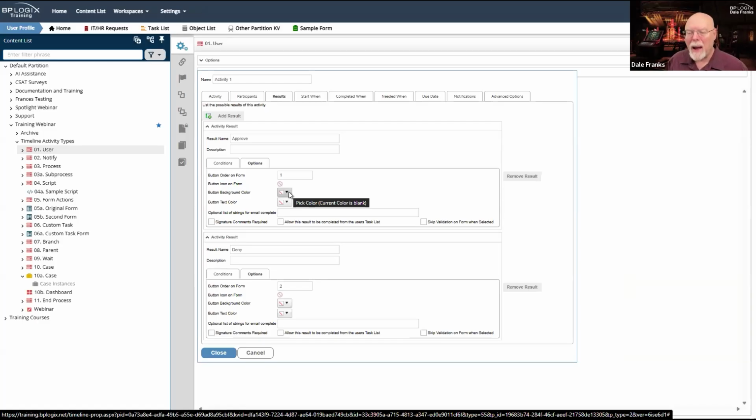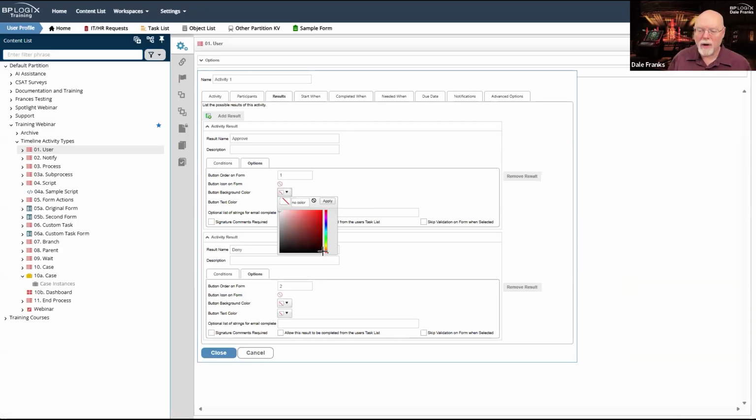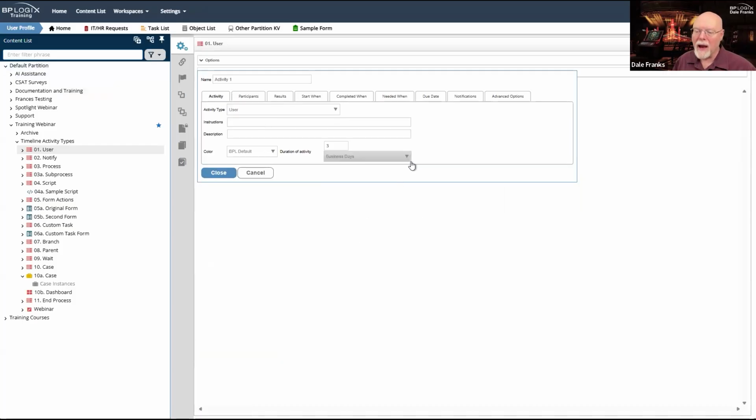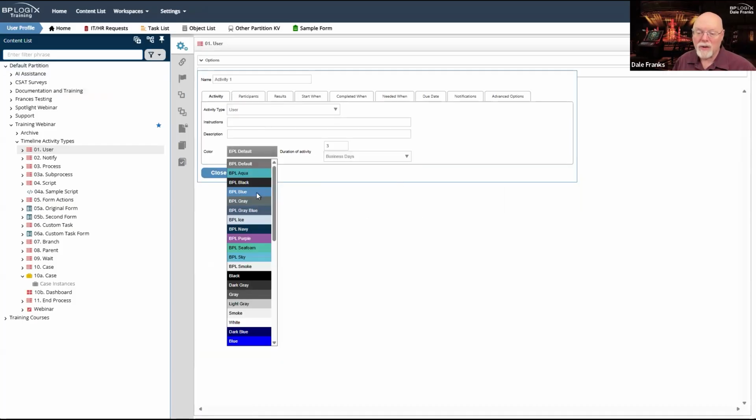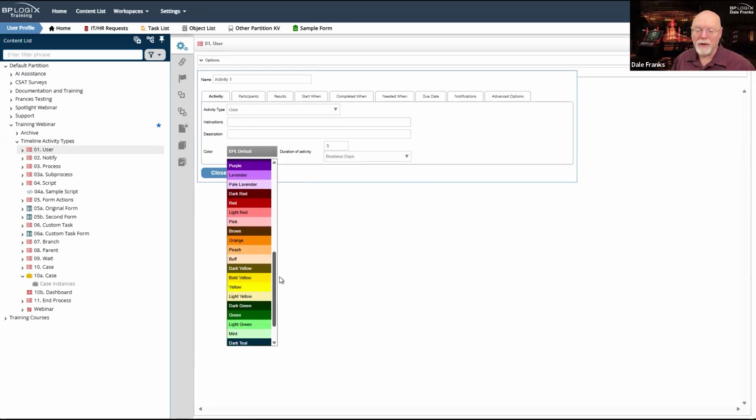I do like background colors, and I do like to discriminate using background colors with my options. Now, I would be careful with background colors. Back in the old days, all of these color pickers here were much like the color picker on the activity tab, where we had this drop down with colors. As you can see, I have all of these default colors.